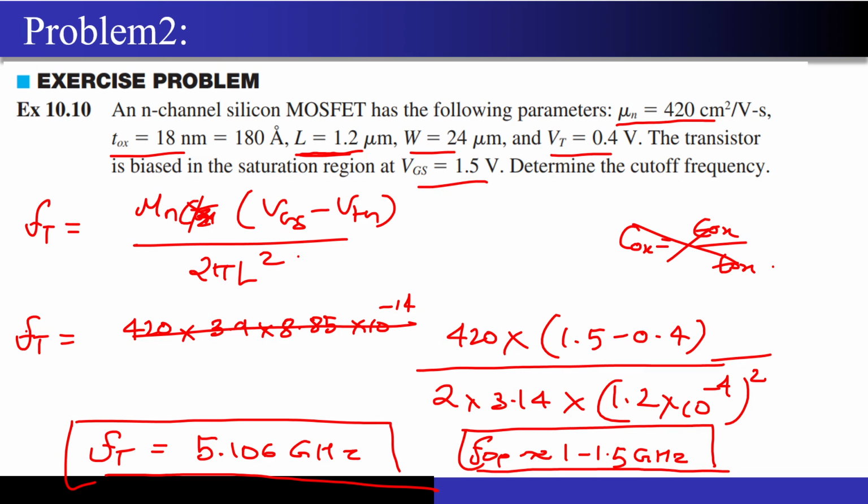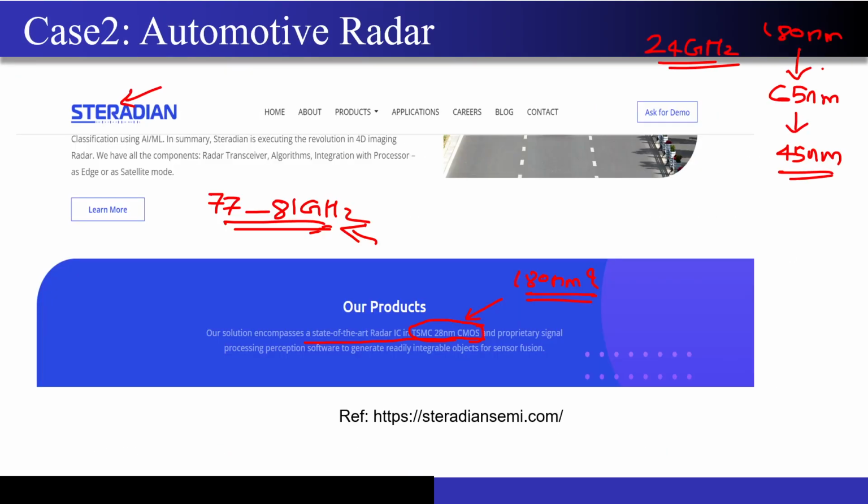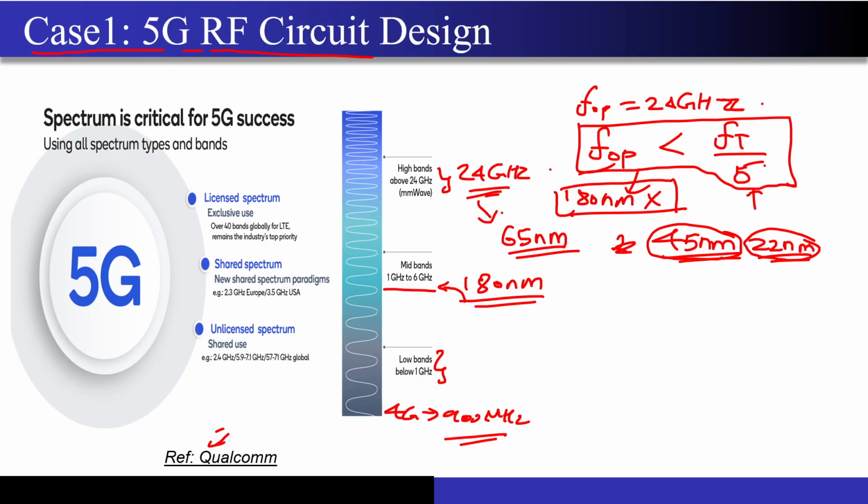If you guys have any doubts, please feel free to ask me. We still have 12 minutes left to finish the lecture. Any doubts? Was the idea of the cutoff frequency and how we are choosing the technology node for designing circuits at a given frequency clear to you? Was that idea at least clear?